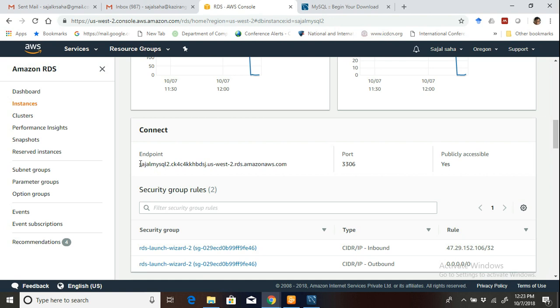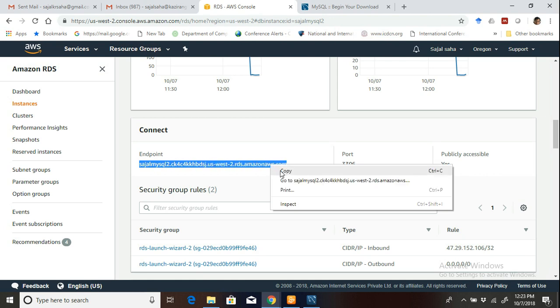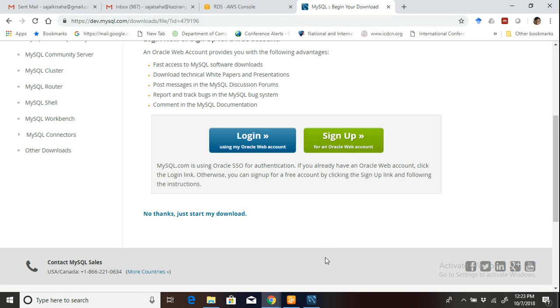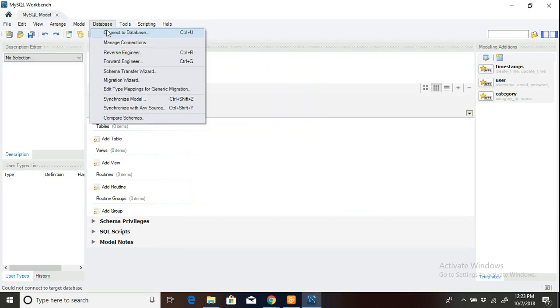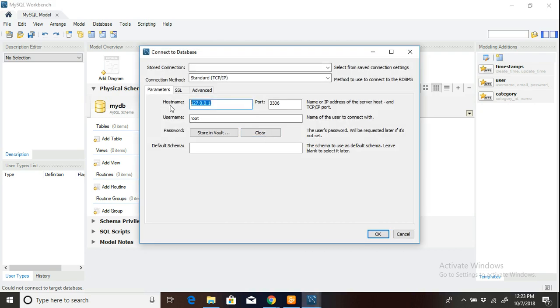It should be the endpoint, not the ARN number. Here the port number is available also. Now again, if I go to SQL Workbench, then we will find out connect to database. Same way, put your host name, then user,